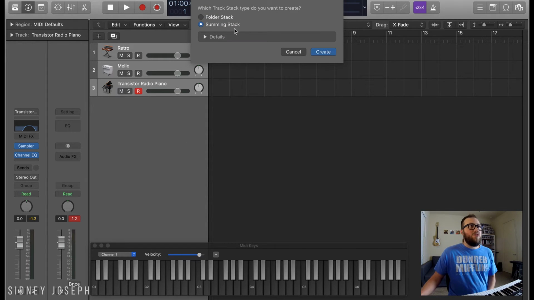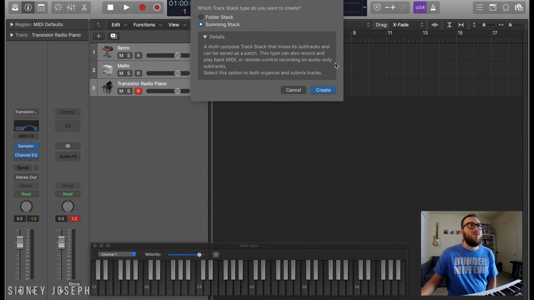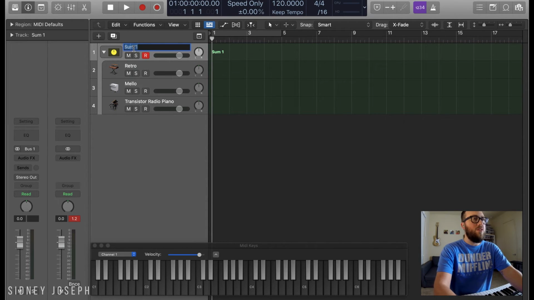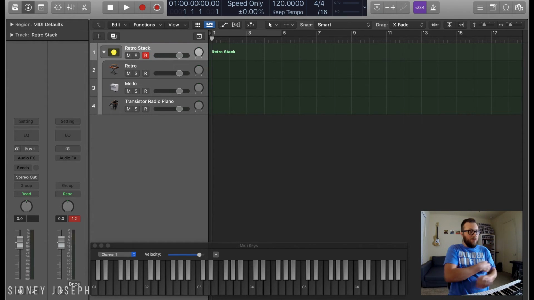So what I'm going to do here is just create a stack. If you want to use the shortcut, it is Command-Shift-D, creates a stack. And I prefer these summing stacks so that you can actually mix the tracks individually underneath, okay? And let's call it retro stack. And now if you play these together,